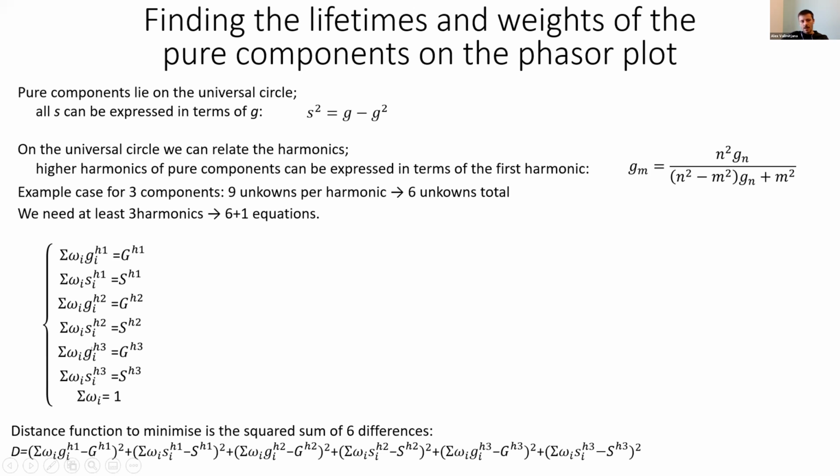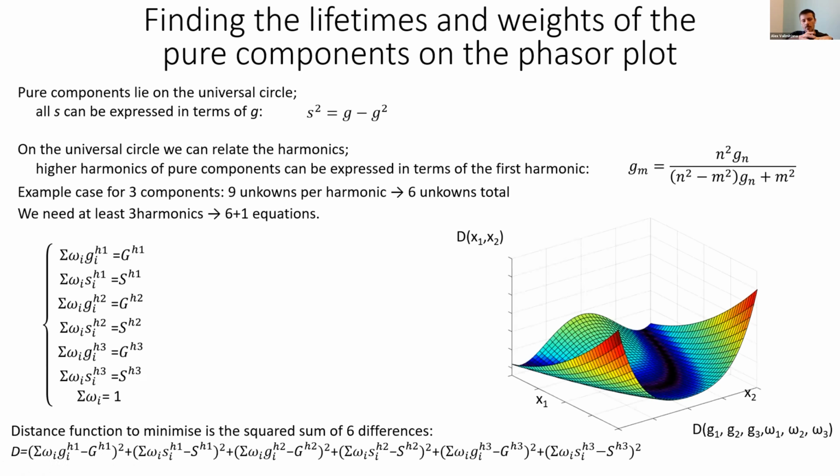S's and G's. The way to solve this in general is to put everything on one side of the equation. So grab the terms on the right, move them to the left, square it and sum it all up. And you come up with what I express down here. This distance d is the sum of all those equations into one. So you see that this is the left term of the top equation, and this is the right term of the top equation. Subtract them, square them, sum them, and do the same for the second, third, and fourth. You have all the equations here. And now this distance that is a function of all your unknowns